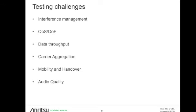Lastly, we'll talk about some of the testing challenges. For small cells and HetNet to really become an effective, cost-effective, economically viable solution to increasing capacity, a lot of the devices and the networks themselves have to be tested. And as I think you can see, deploying a HetNet, a heterogeneous network, a combination of macrocell and microcell, is